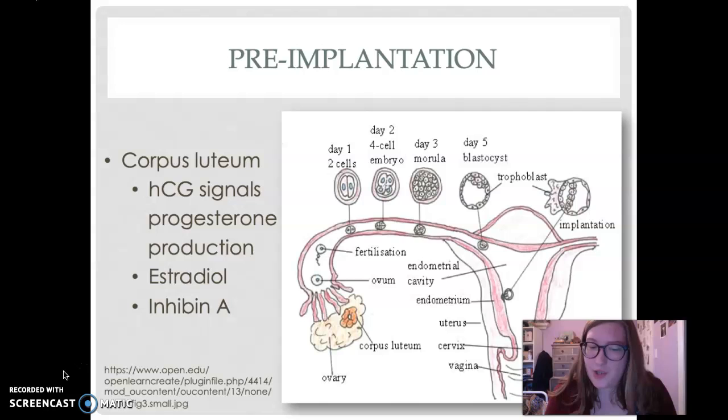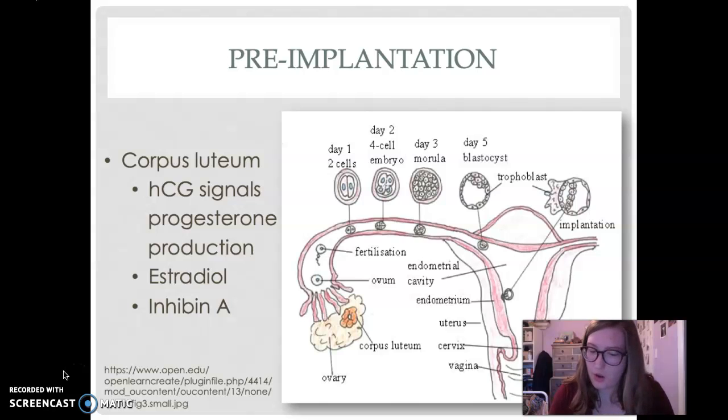As you can see in the diagram to the right, the corpus luteum is a yellow fatty structure that forms temporarily in female ovaries from the rupture of the ovarian follicle that released a mature egg during ovulation. The corpus luteum functions as an endocrine structure before the formation of the placenta in the case of fertilization. It is the corpus luteum that ensures that pregnancy begins and that conditions in the uterus are properly maintained to